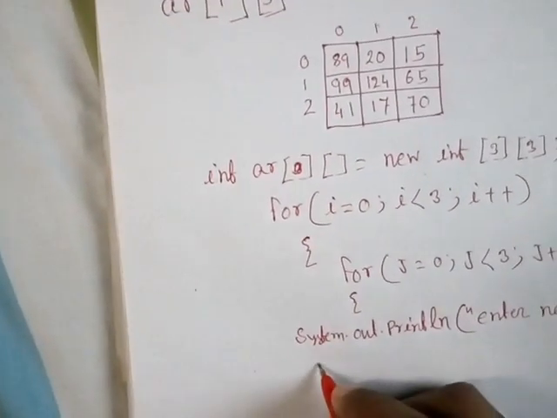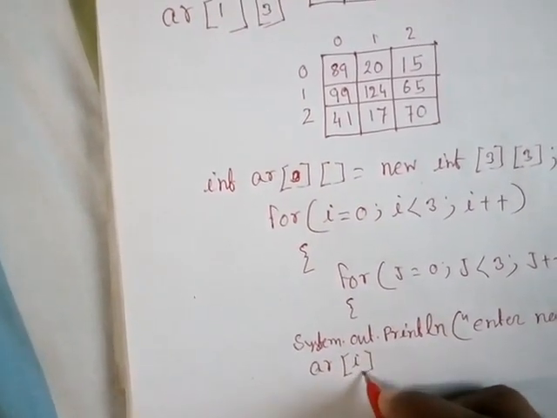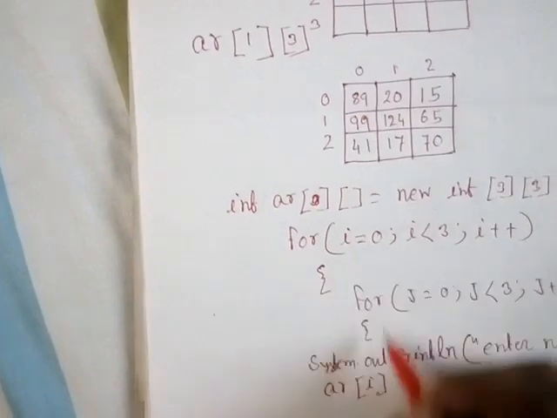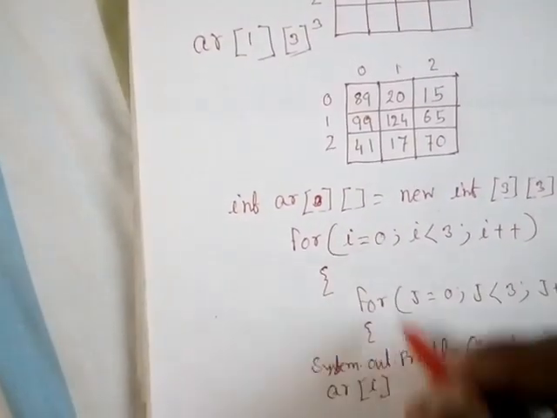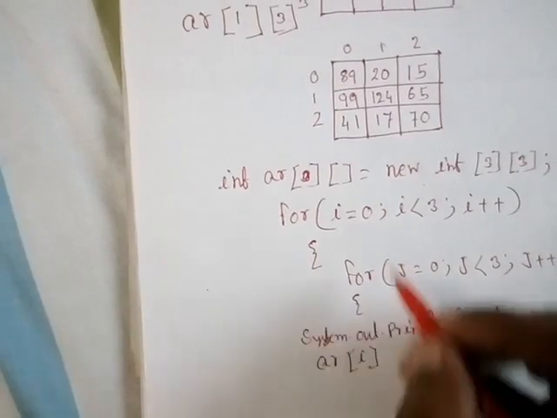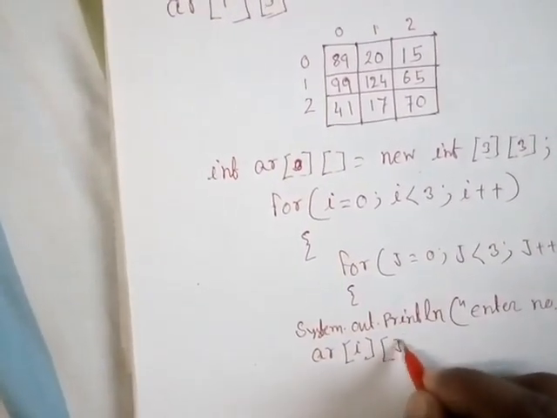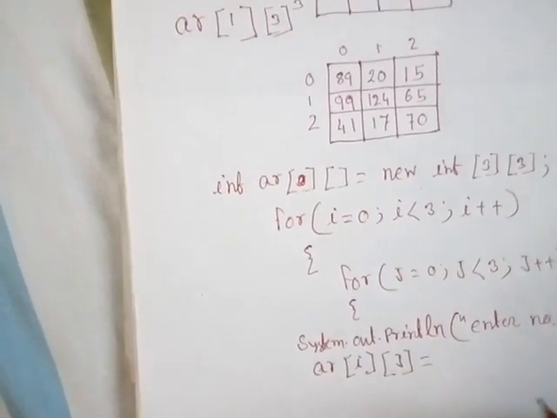Then, I means row number, or row value. I is the variable which we declare for the row index number, and j, equal to, suppose,